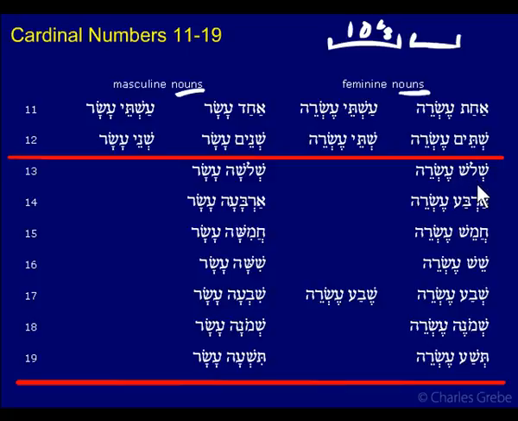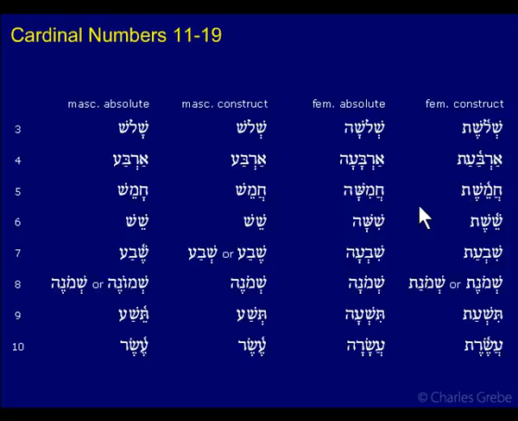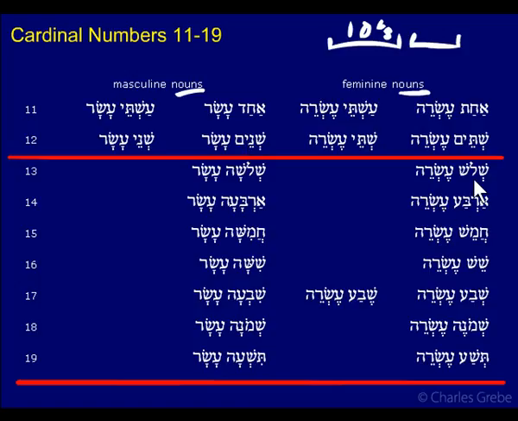Now let me just turn the slide. Remember, masculine is shalosh for the absolute, and shalosh for the construct. In the feminine, it's shalosha and shaloshet. Okay, the a and the et ending, but masculine has no ending. So here we have masculine, shalosh esrei. Here, shalosha asar. Okay, so this one has a feminine ending because of the gender flip, and it's modifying masculine